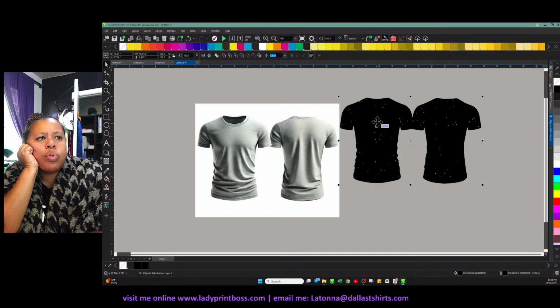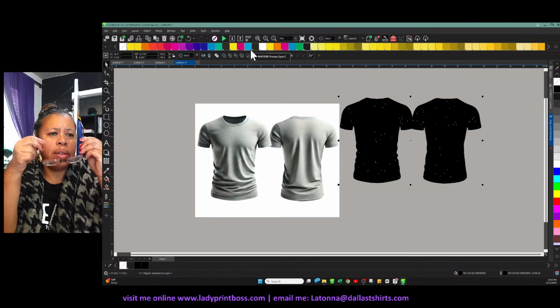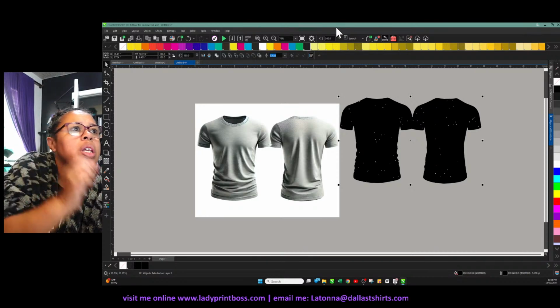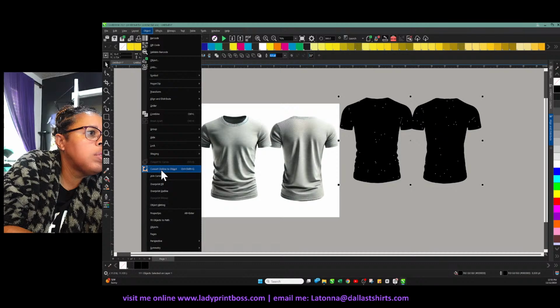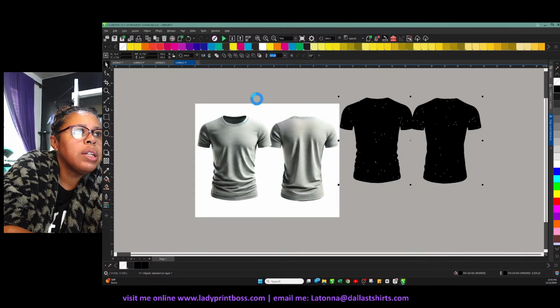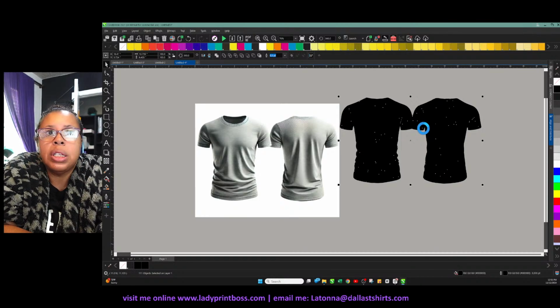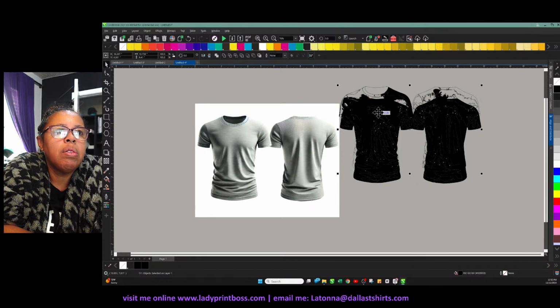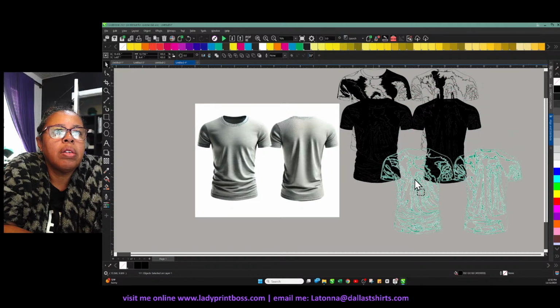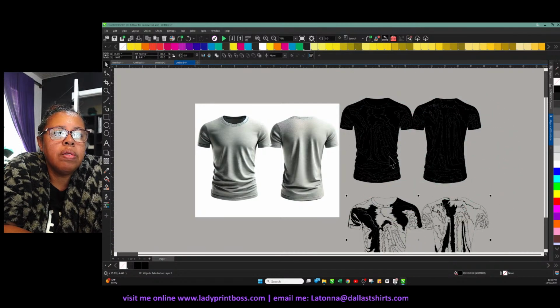And that looks like it will work, but it may and it may not. So let me see, because sometimes things will work one way and then it will not work another way. So we're going to convert that to an outline. It's going to take a minute because it's a whole lot of stuff that's going on. And we're going to pray that Corel does not close up with me doing what I'm doing here with y'all, right? Okay, so let's see if this outline will then,